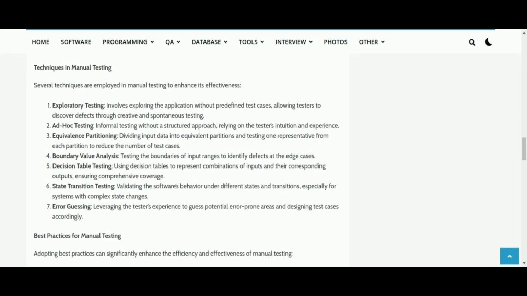Next for b, 500: 500 plus 1 is equal to 501, 500 minus 1 is equal to 499. So just these six scenarios I will test,